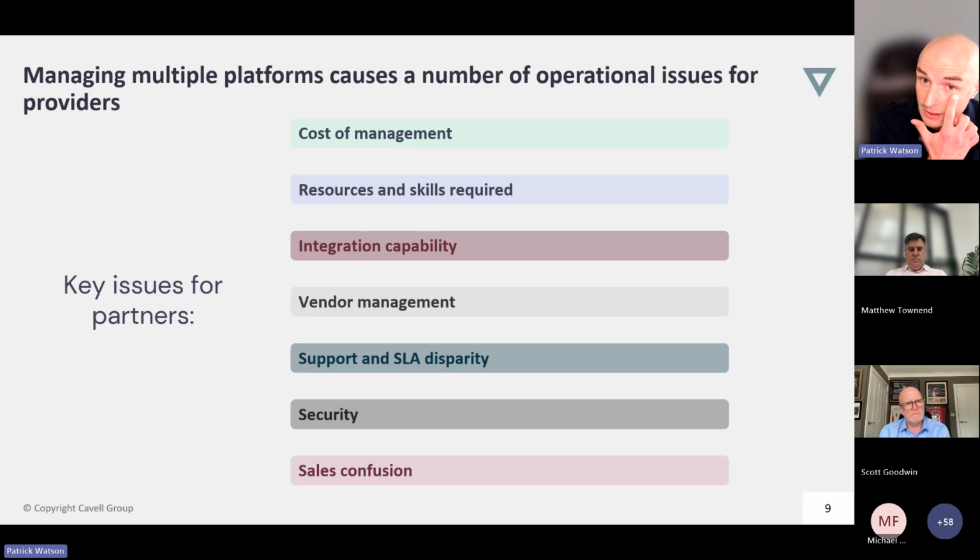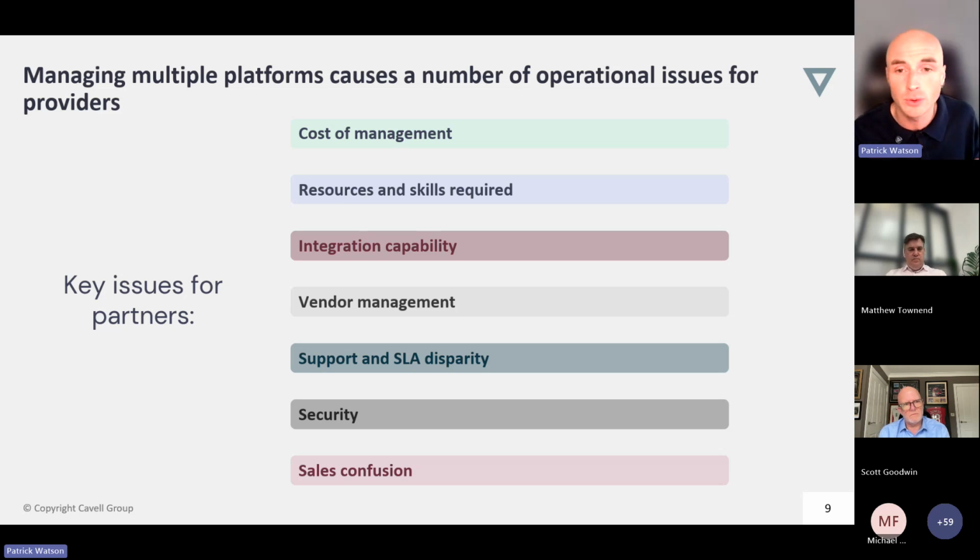The final piece I wanted to mention here, as a very poor ex-salesperson myself, was sales confusion. If you run a business, and your salespeople aren't entirely sure what is the primary platform they should be selling, are their commission structures best aligned to your business outcome and goals? And I think these are just a few of the operational issues that businesses encounter when they're managing these multiple